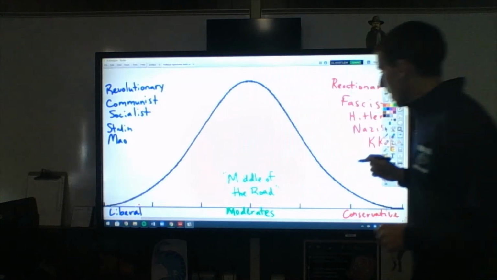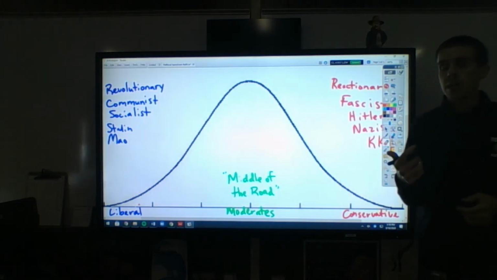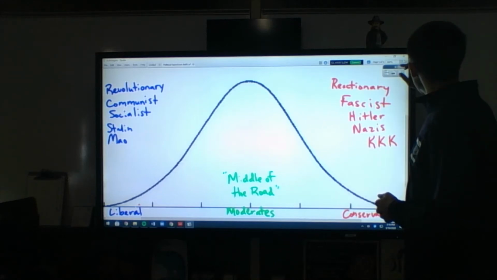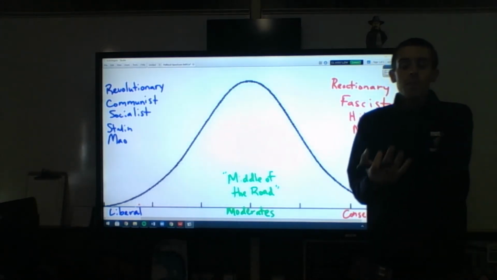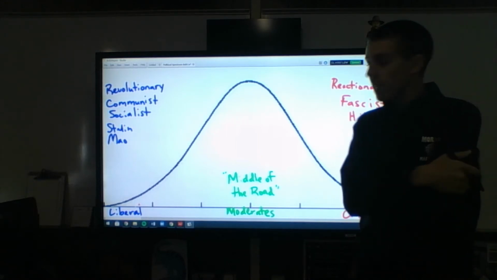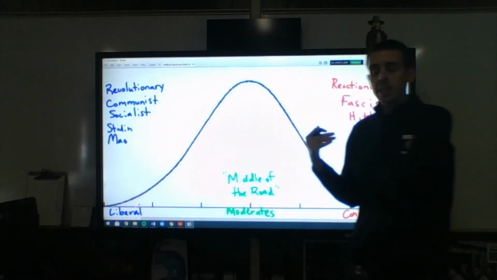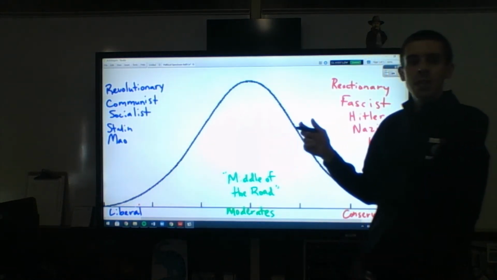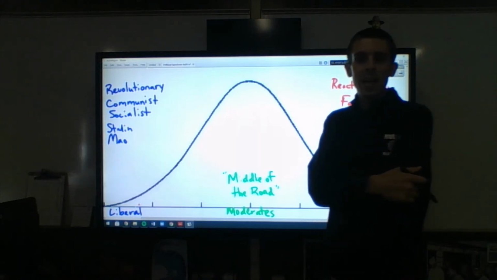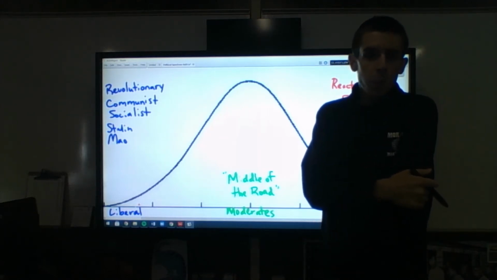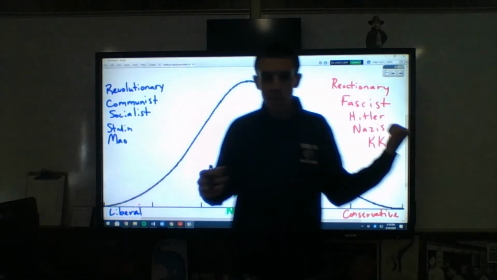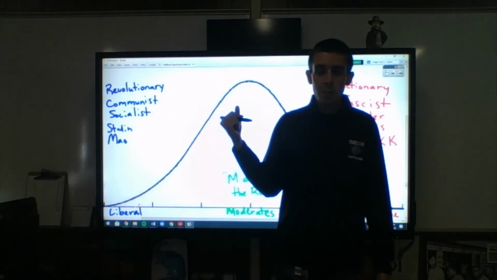Okay, so I've got just the plain bell curve now, and I'm going to go with just a green pen here. So some current politicians that we can throw on here, because most politicians are either pretty liberal or pretty conservative. Very few modern day politicians belong in the middle here, where a majority of people agree with them. Part of that is just because we have two parties in America. We have Republicans and Democrats. Republicans on the conservative side, Democrats on the liberal side.